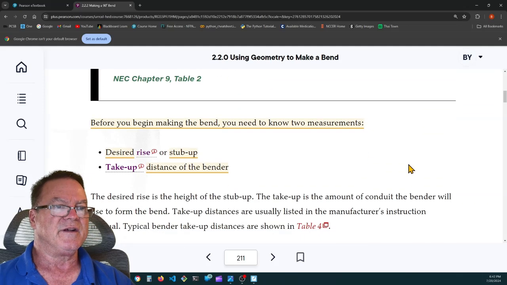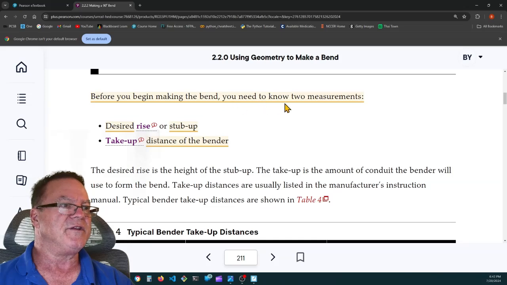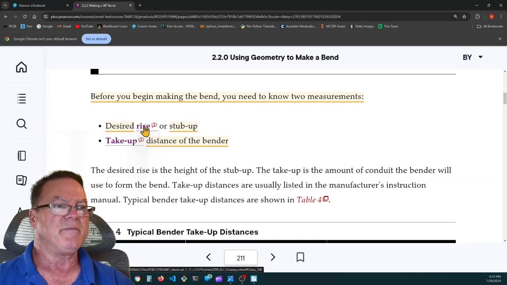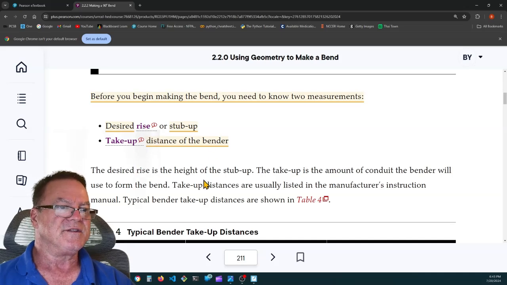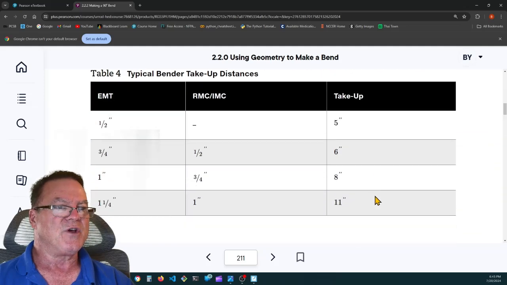Let me see here. Here's a highlight. Before you begin making the bend, you need to know 2 measurements: the desired rise or stub up, and the take up, the distance of the bender. Desired rise, the height, is the height of the stub up. The take up is the amount of the conduit the bender will use to form the bend. So